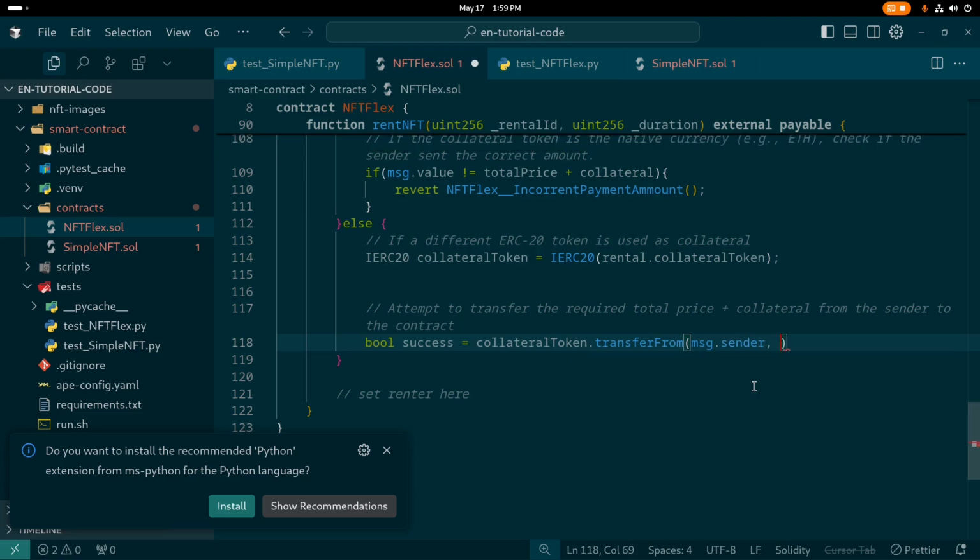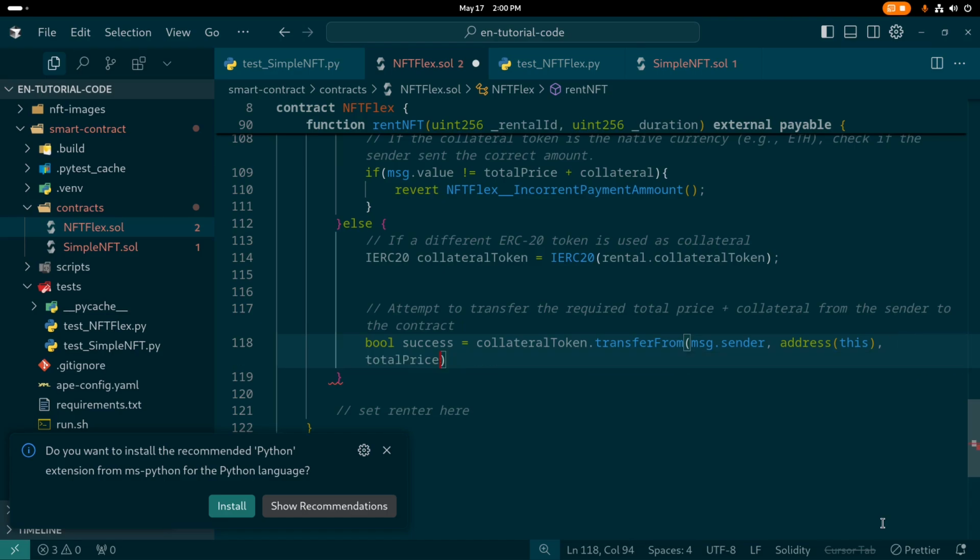Then the second parameter will be address. The first is the account from where we are sending the token, and this is the address to which we are going to send the amount. So we are going to send the amount to this contract. This is the keyword for referring to this contract. Then the next parameter will be the amount,